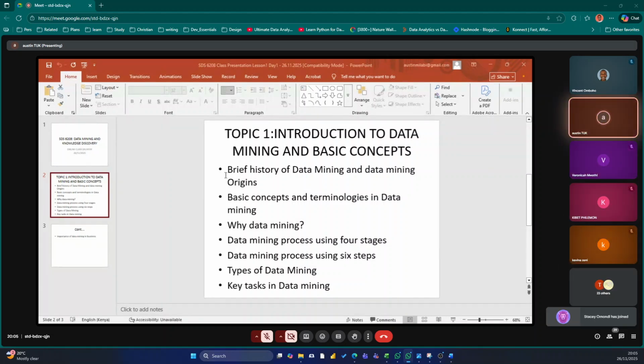Number three is classification. We found it to be a technique in predictive data mining, but here we are considering it to be a task, and the task that we use to create data structures. We create data structures using this method.